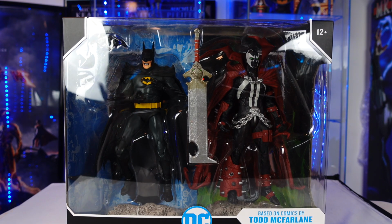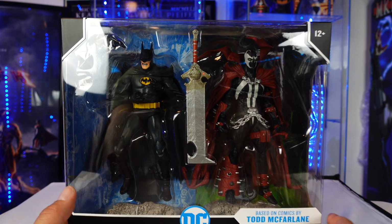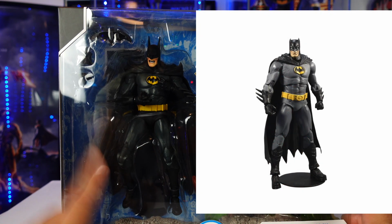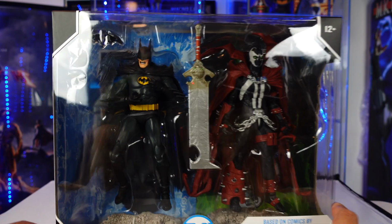So, okay, this right here, like I said, is controversial. And the reason why I say that is because a lot of people were not feeling the Batman. And unfortunately, I don't have my Batman Incorporated because I think that's what this mold is based off of. So we're going to go ahead and talk about that because I know a lot of people didn't like this